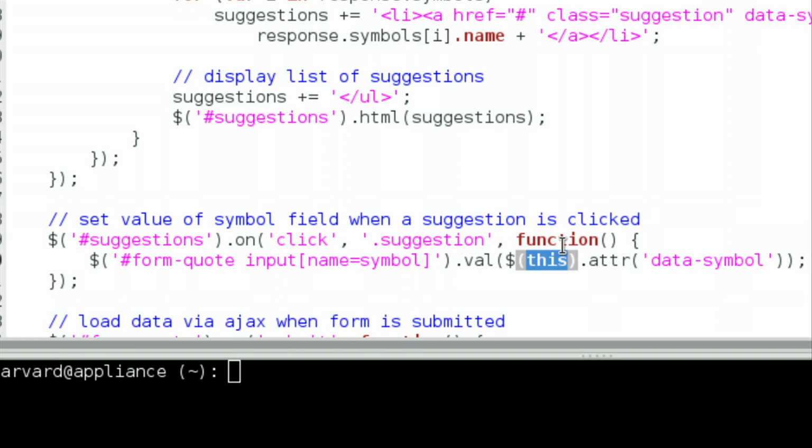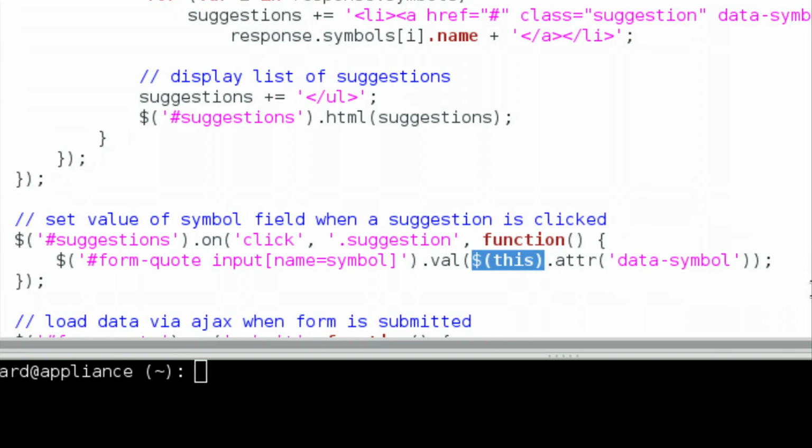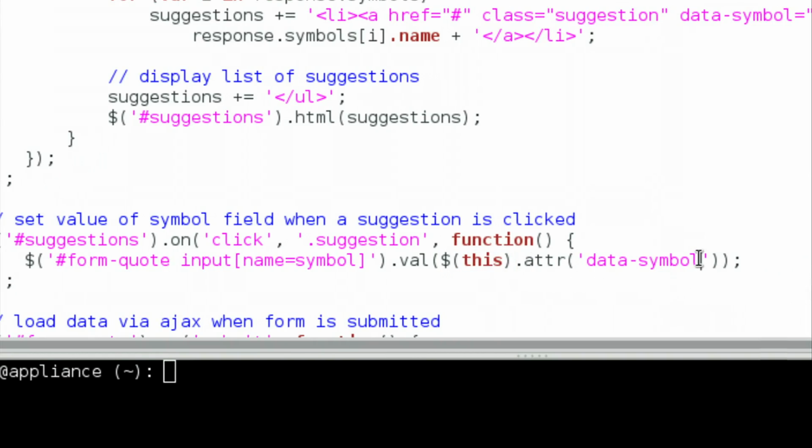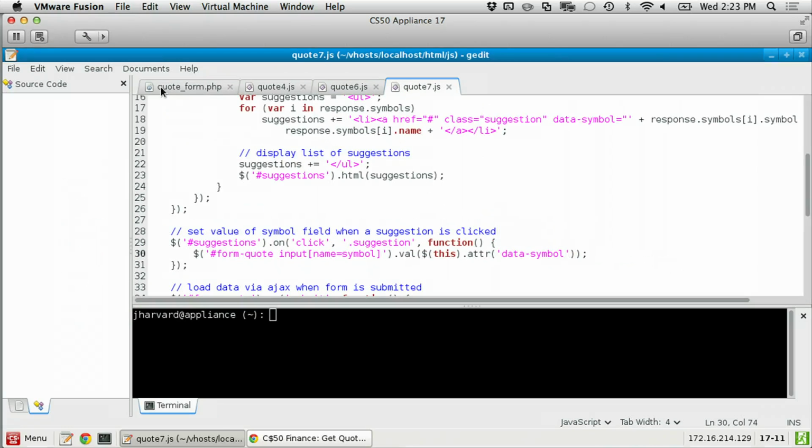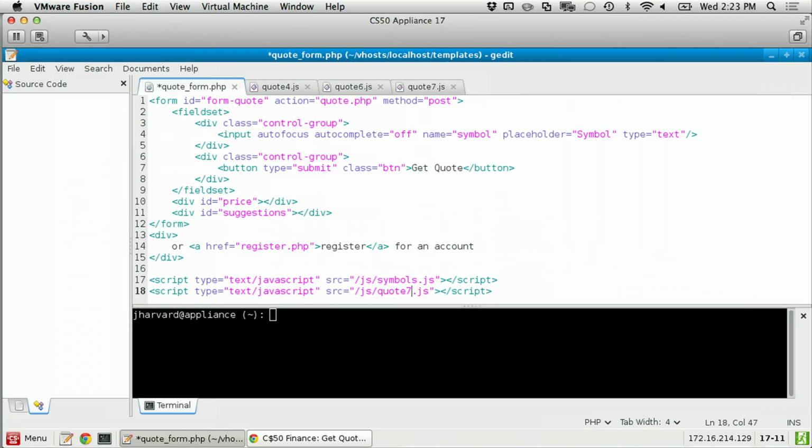But we need to somehow know which element was clicked. So this keyword represents just that. This is the object that was just clicked by the user. So if I just click the third link, this represents the element of that third link, which means that I can get its attribute, data symbol, which we know has to contain the symbol that's associated with the company I just clicked. So if we jump back to our finance page,